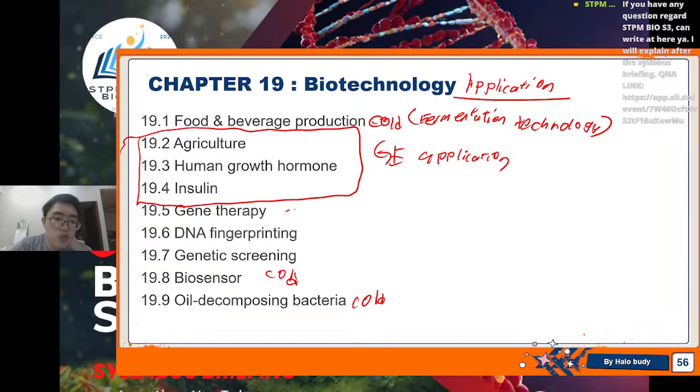And then these 3 belong to the biomedical field, biomedical science: gene therapy, DNA fingerprinting, and also genetic screening. Gene therapy is one type of treatment, and DNA fingerprinting